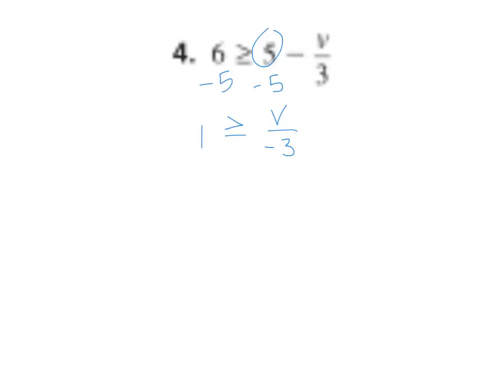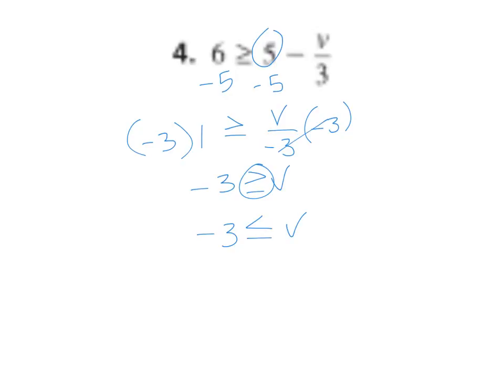Now, the inverse of dividing by negative 3 is multiplying by negative 3. I'm going to do that to both sides. I get v, and then negative 3 times 1 is negative 3. Now, because we multiplied by negative, I almost forgot we have to flip that inequality. So I've got negative 3 less than or equal to v. I'm going to flip the whole equation. That's going to be v greater than or equal to negative 3. To graph this, negative 3, negative 4, negative 2. This is going to be a closed circle